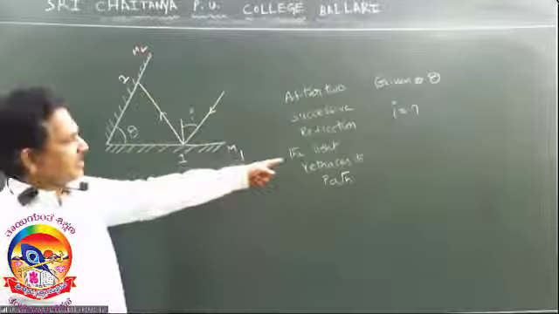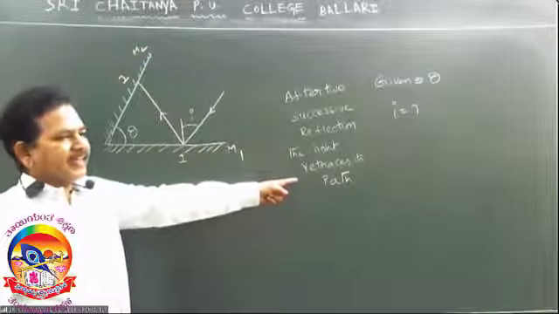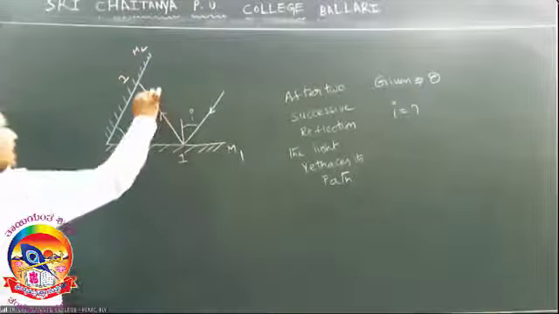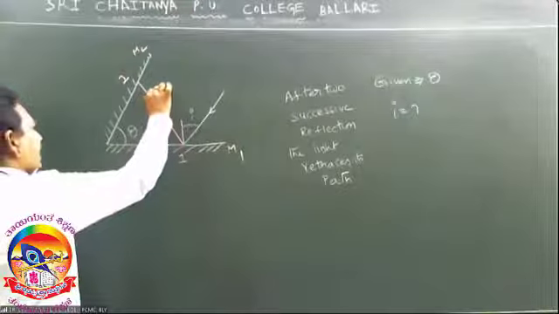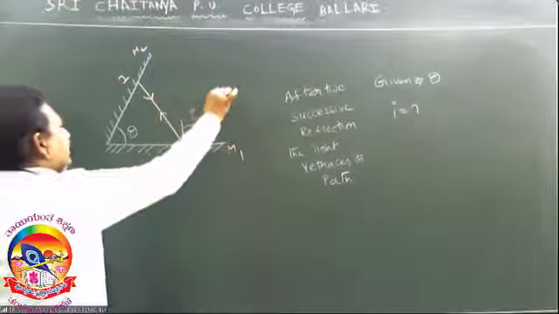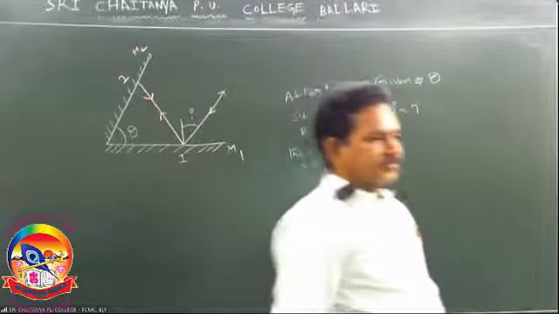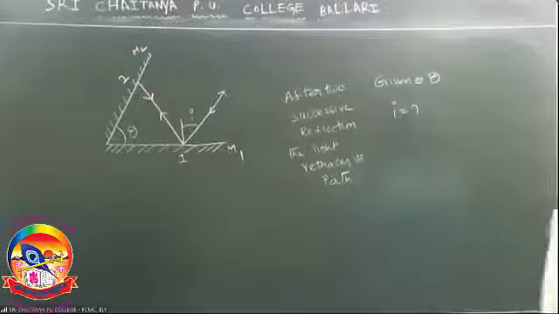But here, see the given condition. After the second reflection, the light ray retraces the path. So once again, the light ray comes back along the same path, retraces its path. No deviation. At second, it comes back. Now we have to find I. Very easy if you know the geometry, though it takes more time.